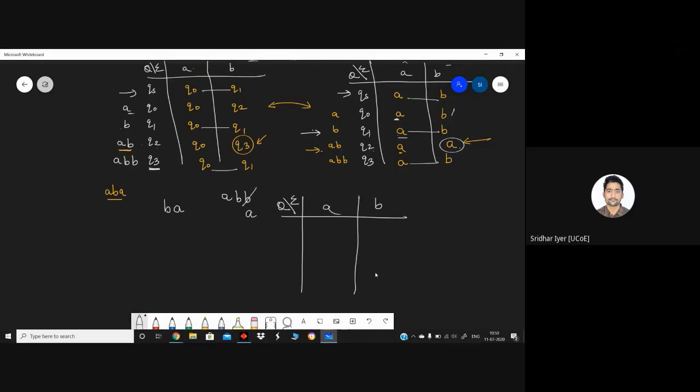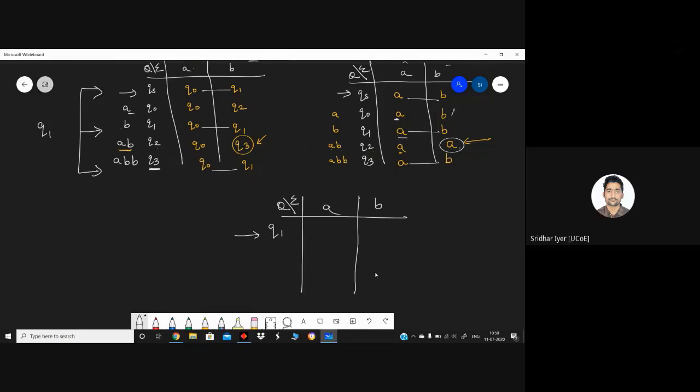In the meantime, if you're having any doubts, you can ask me. QS, Q1, and Q3, I'm writing all these together as Q1. So this will be my initial state. Let me erase the extra bits over here, else it will create a lot of confusion. So QS, Q1, and Q3 have now been merged together into Q1.